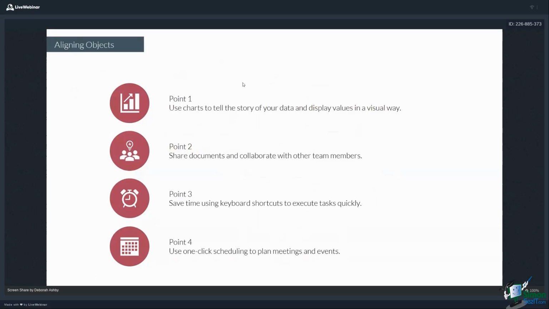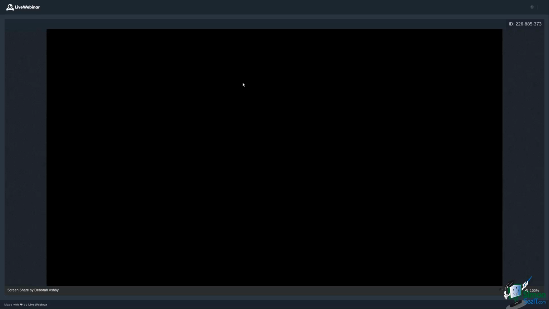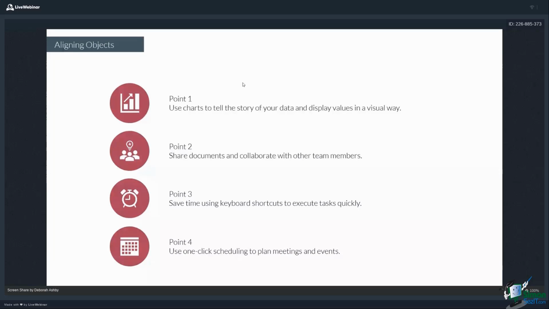The final thing I'm going to talk about here when it comes to presenting is if you want to focus everyone's attention on you and what you're saying and completely remove the presentation behind you, you can press B to black it out. So everybody's attention is now on you, what you're saying. They're not staring at the presentation behind you. Press B again to bring it back.